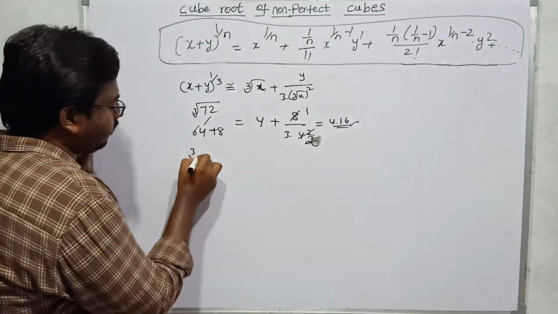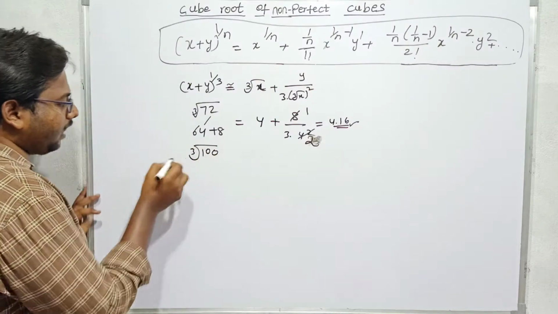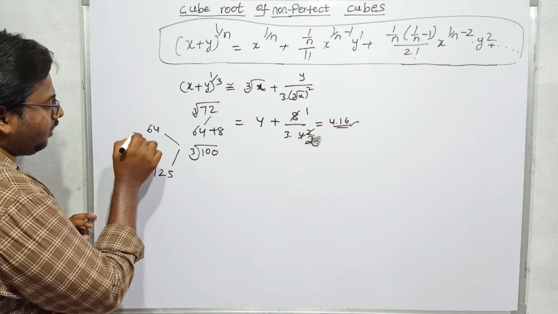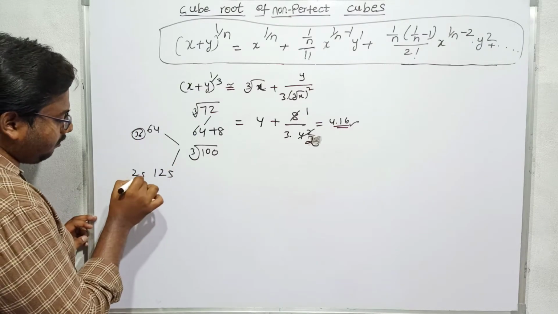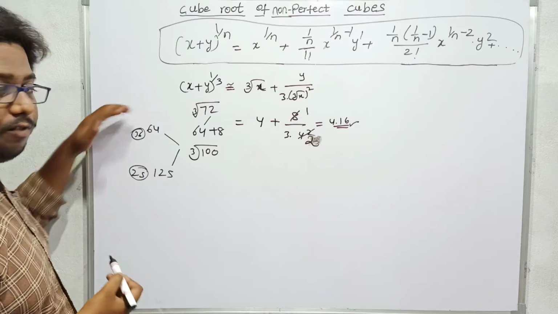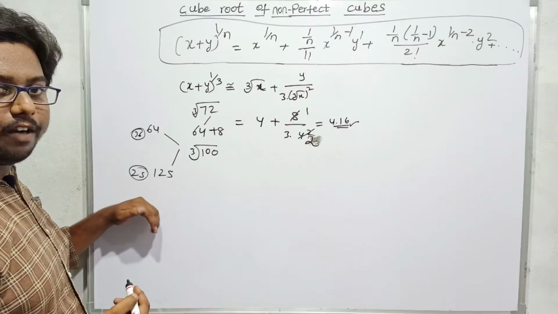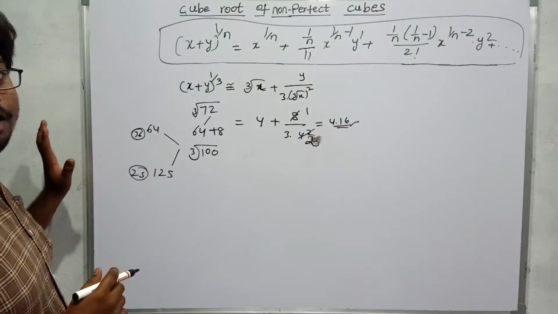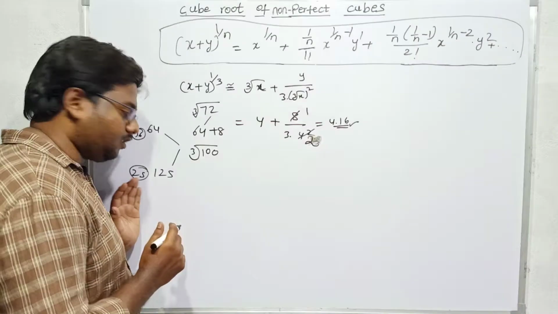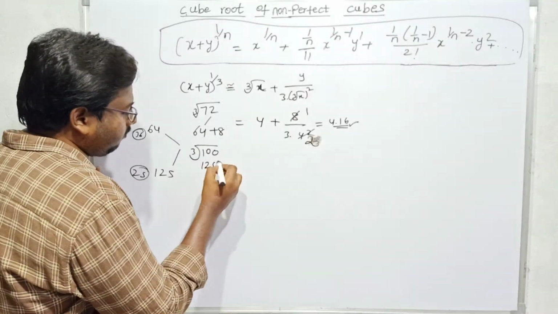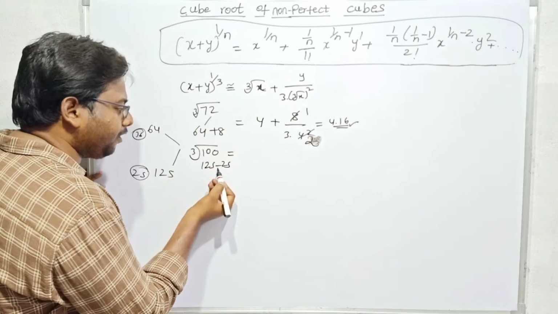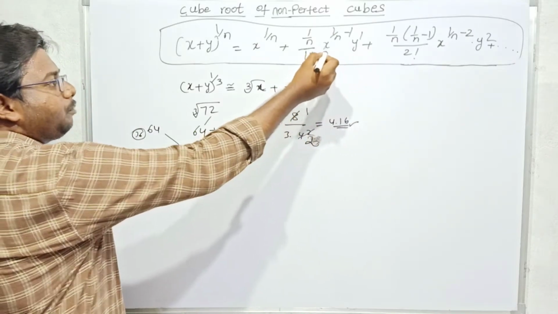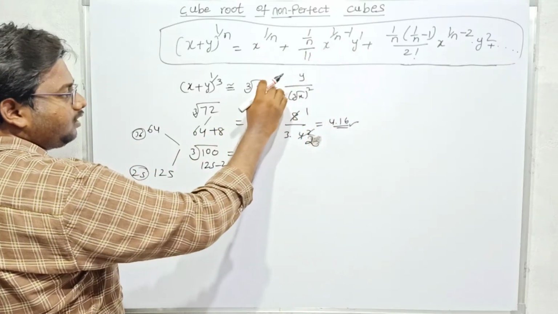So if I have to calculate the cube root of 100, I can calculate this on 64 and on 125. From 64 the gap will be 36 and from 125 the gap will be 25. So 36 by 64 is very much greater than 25 by 125, so I should not take this value. If I operate this on 64, I will not get an approximate answer, so I have to operate this on 125 only. So I operate this on 125 minus 25. If you take minus here, then you will get minus here because the y term is odd. So if you put minus y here, then this symbol will be minus.